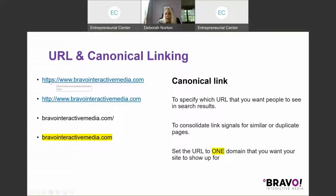So HTTPS is the hypertext protocol, and we're going to secure socket layer. Okay, so right here is one variation of the URL. So it's https www.bravointeractivemedia.com. The second example, I'm not using the secure socket layer. So it's www.bravomedia.com. That's another way of looking at it. Then we've got bravointeractivemedia.com/, which you'll often see, especially in WordPress, is /. And then you have the chosen URL for this website, which is